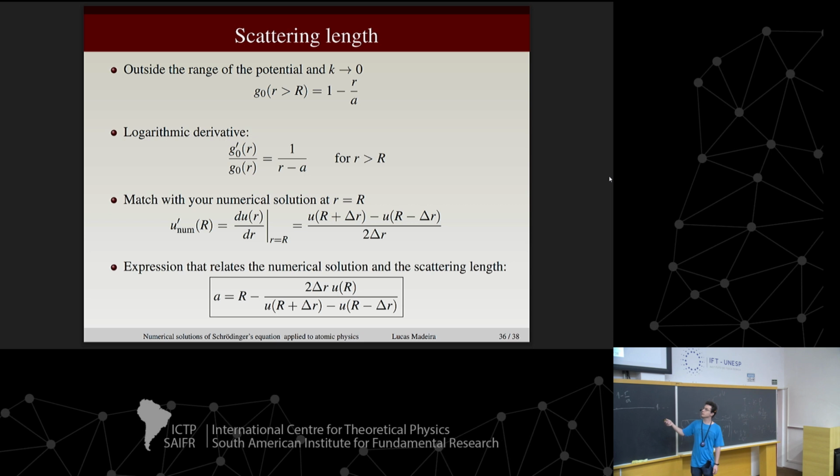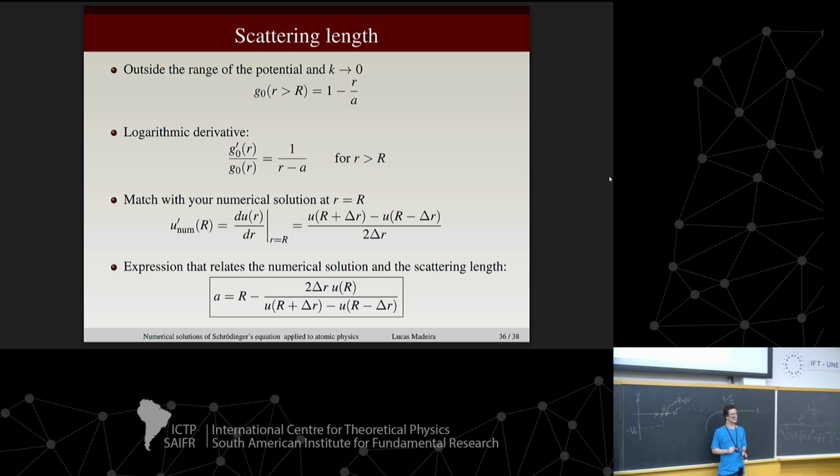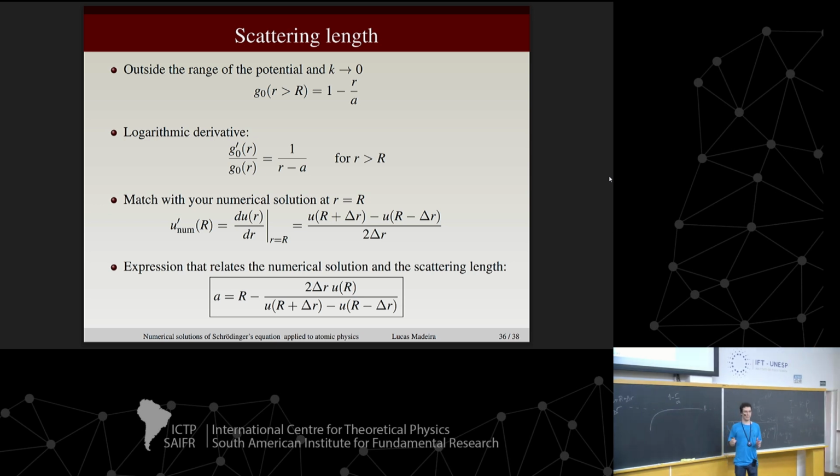And it's going to depend only on 3 values from your numerical solution. You just need 3 values. You need these 3 here, okay? And from that, you can compute the scattering length. Of course, you need to solve the equation in the whole range, because you're going to start at 0. Your boundary condition is at 0. But then you keep going, and then these 3 points are going to be enough to calculate your scattering length. Does that make sense? Can you see this happen in your program? Okay.